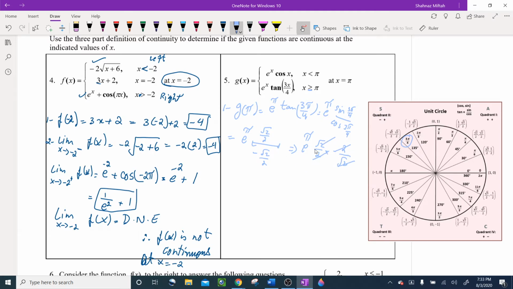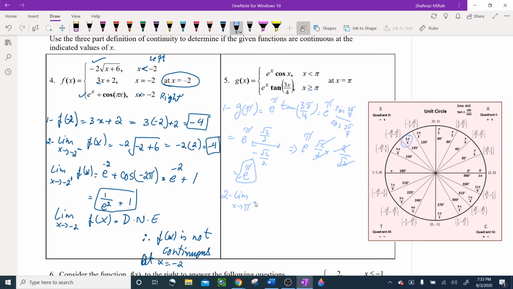Cancel, cancel. So I got negative 1. So my answer is negative e pi. That's my defined point. I don't have to go further, but I just know it's negative e pi. Okay, let's do the second limit, x approaches